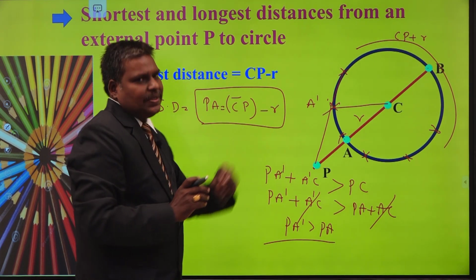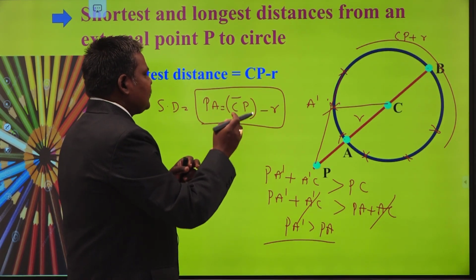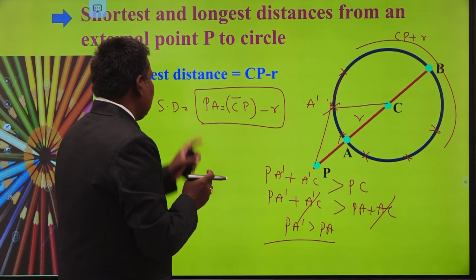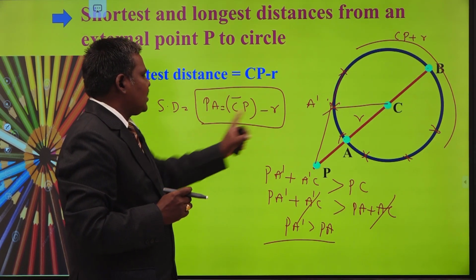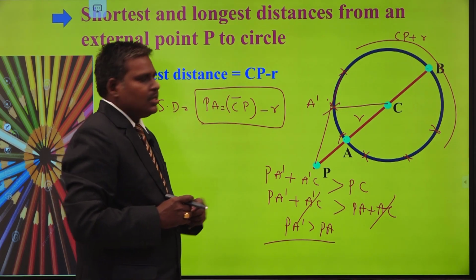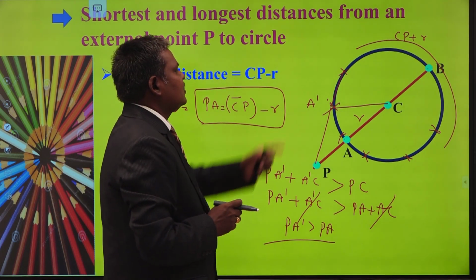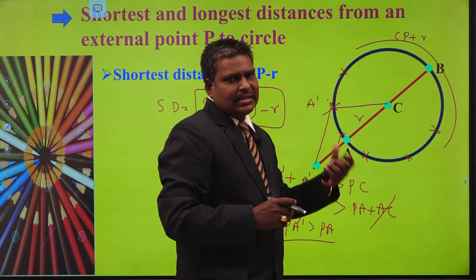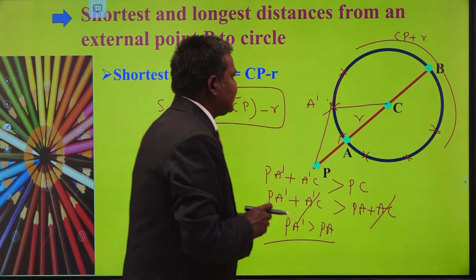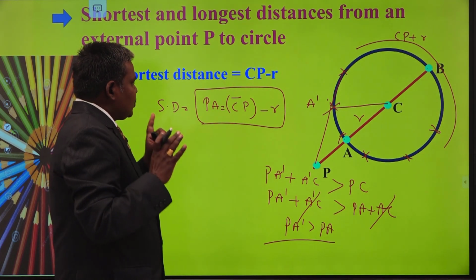becomes R minus CP. If the point is inside of the circle, radius is more than the distance from C to P. You can easily understand. PA is equal to CP minus R if it is outside of the circle. If it is inside, R minus CP will be there. So conveniently you take modulus: CP minus R modulus. CP plus R gives the longest distance. No need to take modulus there, both are distances. CP plus R is the longest distance, CP minus R is the shortest distance.